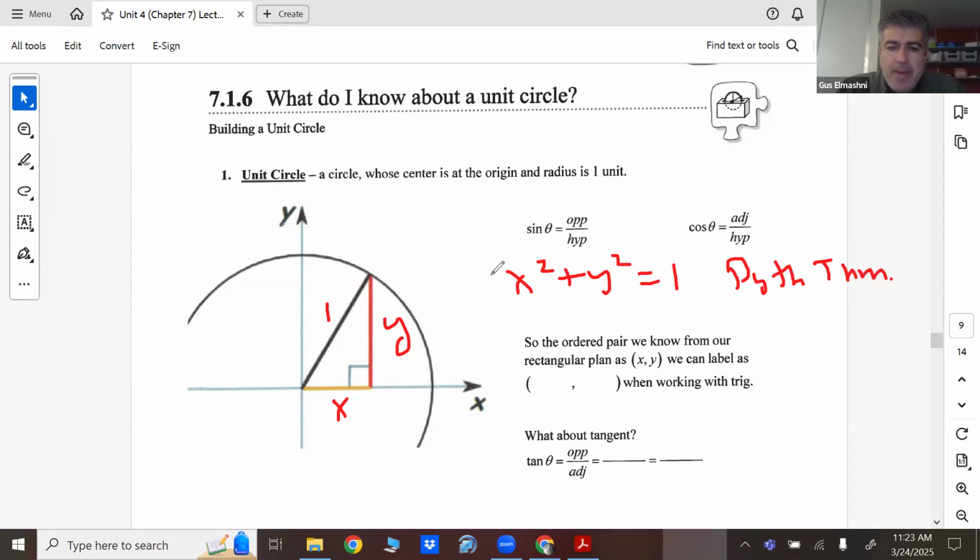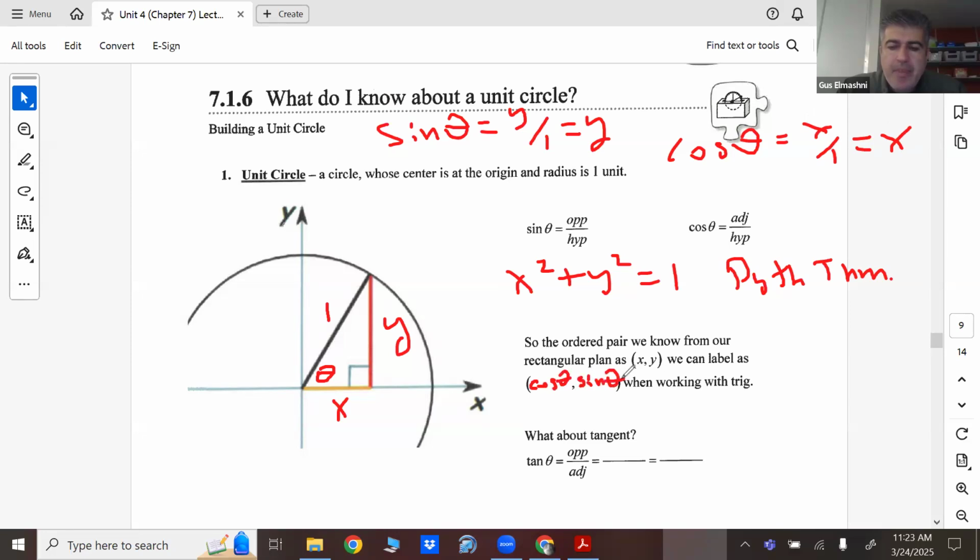Now, also, if I put theta, my angle, at the base between the horizontal leg and the hypotenuse, or the radius, I know that sine theta is going to be y over 1, or just simply y. That's true for a unit circle. Cosine theta will be x over 1, or just x. Again, that's true for a unit circle. As long as the radius, or hypotenuse, is 1, we can do that. So we can label x comma y as cosine theta